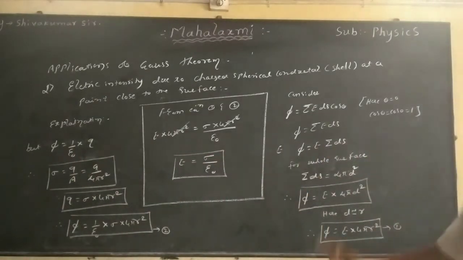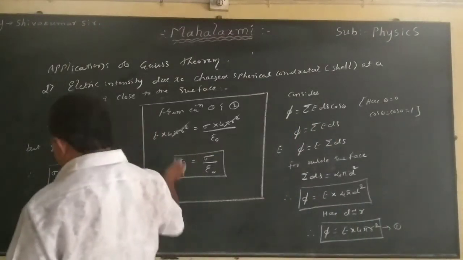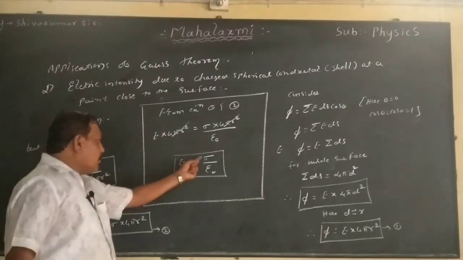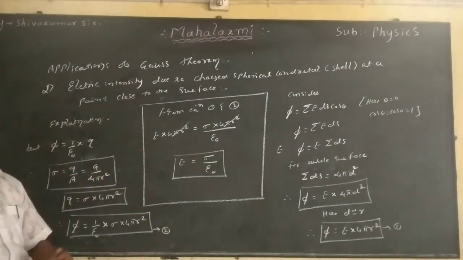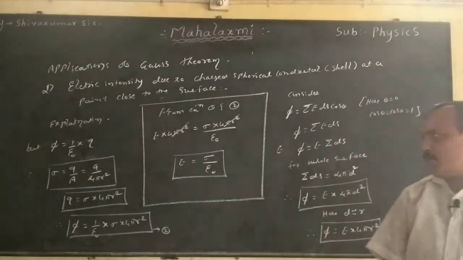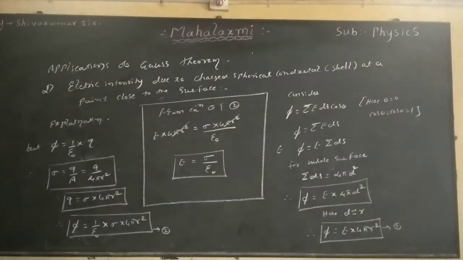Is it clear? All the steps are here. You already know the figure. If you need the figure, then we can make it later on. Now this is the electric intensity at a point due to a charged spherical conductor or shell. That point is very close to the surface. E equals sigma by epsilon naught, where sigma is the surface density of the charge. Once again, glance through all the equations and all the steps. They are simple equations. One derivation is done. The next 50% of the derivation is repeated for the next derivation, that is nothing but the second application. Is it clear?